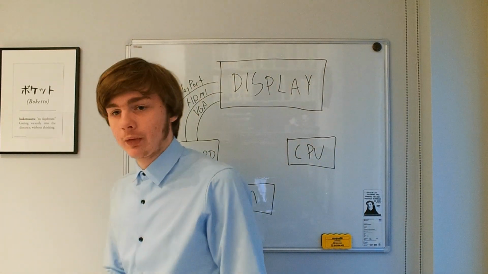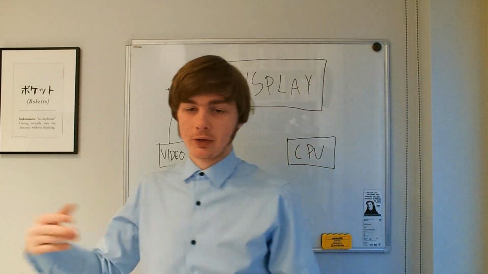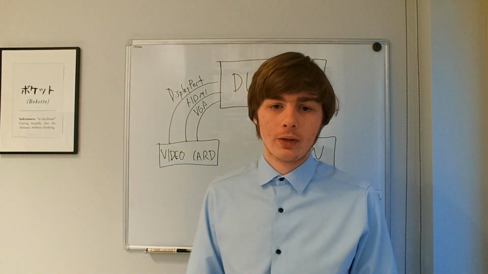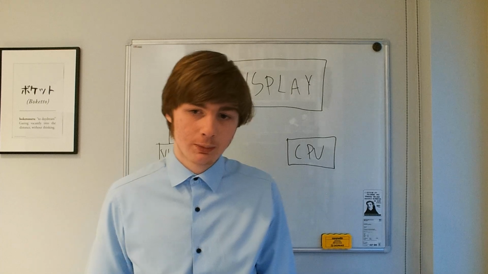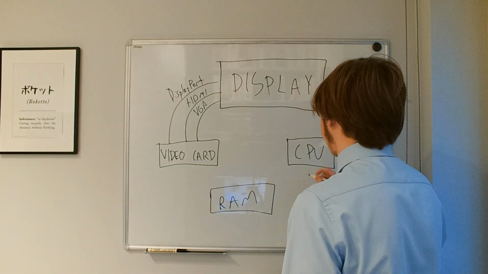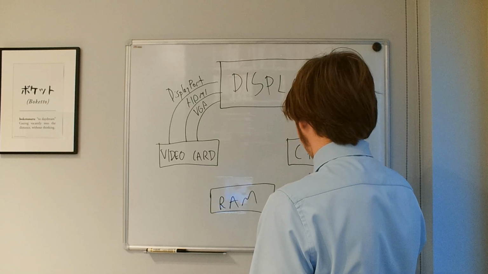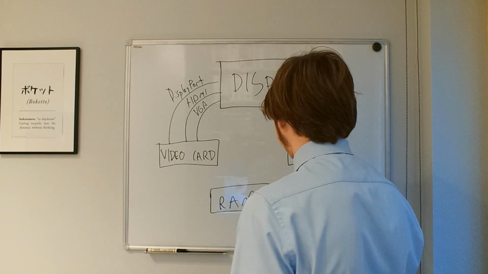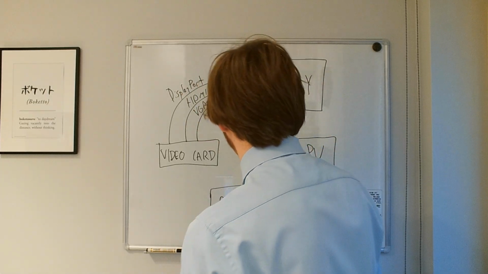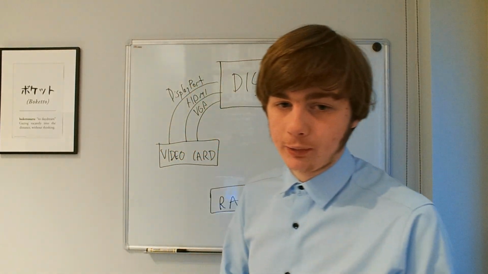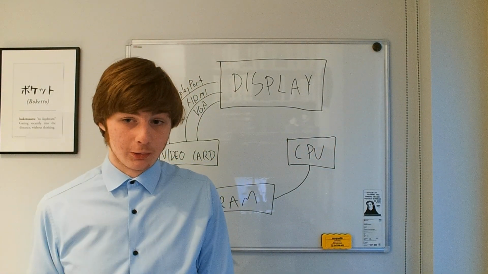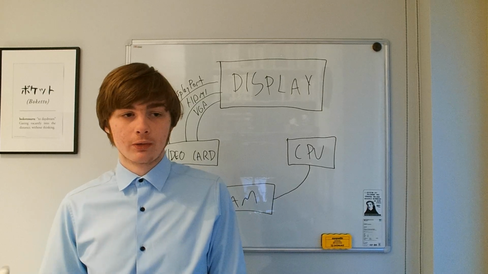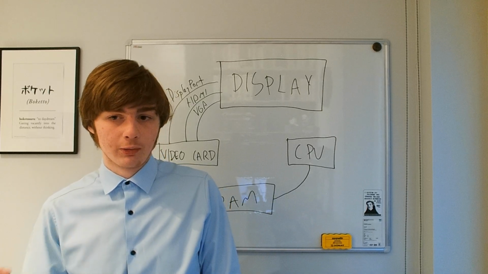So whenever you want text to be displayed on the screen, you don't actually have to care about the specifics of how you could display text on some sort of display. The only thing you need is the CPU will write to a RAM, and you may write different things to the buffer. Like, for example, if you write the character H to the address B8000 and you're in the VGA 80x25 text mode,